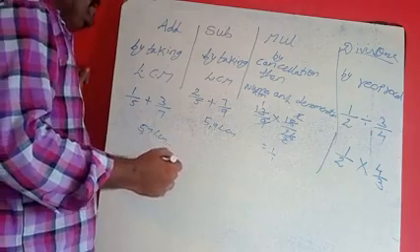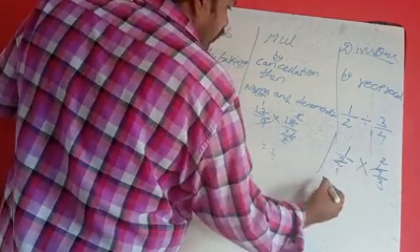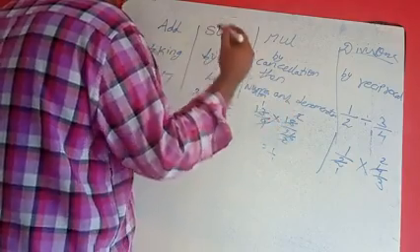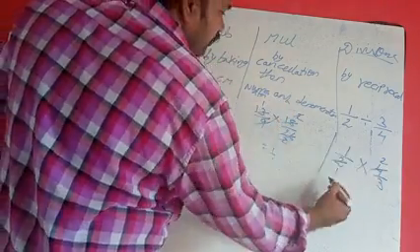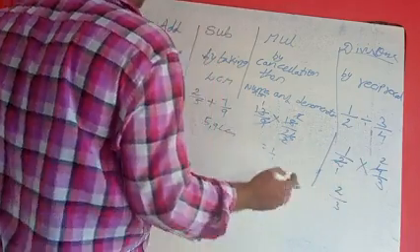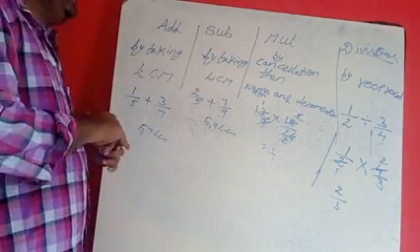Now what is the rule of multiplication? First we have to do the cancellation. 2 ones are 2, 2 twos are 4. So what is the numerator? After cancellation, numerator, denominator: 1 ones are 1, 1 into 2 is 2, 1 threes are 3. The sum is over. This is the process for fractions and decimal fractions, in each and every chapter.